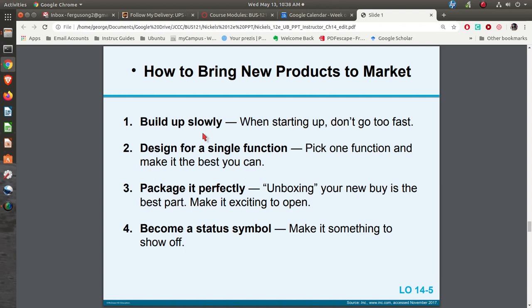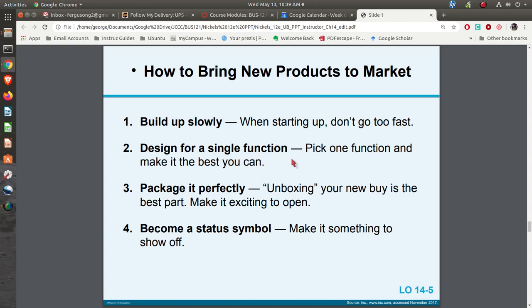They completely did something totally different with shoebox cards. They kind of set up a little brand within the Hallmark brand, and they came out with a big splash as far as that kind of sub-brand at Hallmark. And it sold like wildfire. When you're thinking about a new product designed for a single function, pick one thing that you